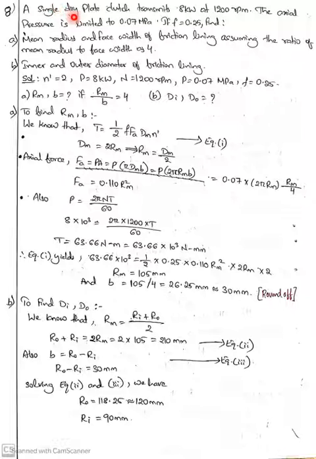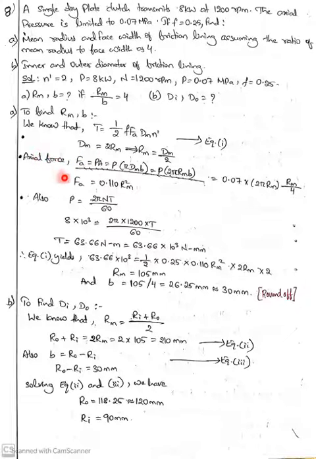Since it is a single dry plate clutch, n dash remains as 2. Power is equal to 8 kilowatt, n is equal to 200. Rm by b is also coming. Rm by b is equal to 4, he has given the mean radius to face width is equal to 4. Now to find the Rm and b, first you need to take the value of torque from the uniform wear theory. Similarly, dm represents 2 into Rm, so Rm is equal to dm by 2. That is nothing but the mean diameter.